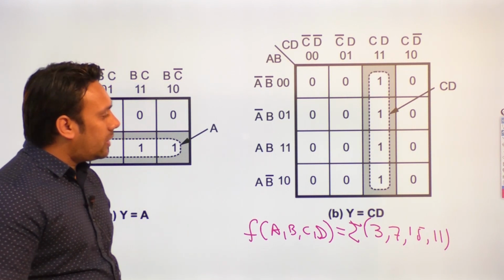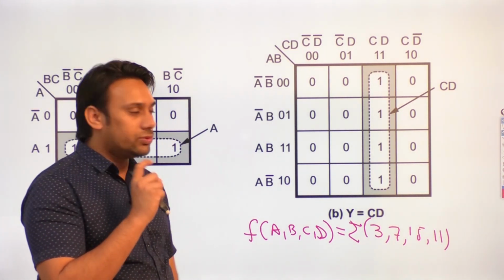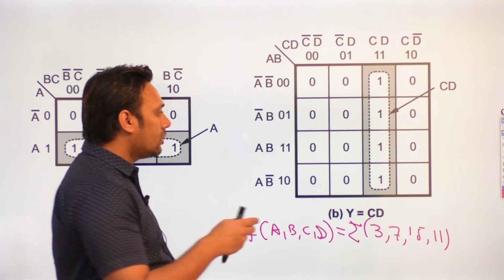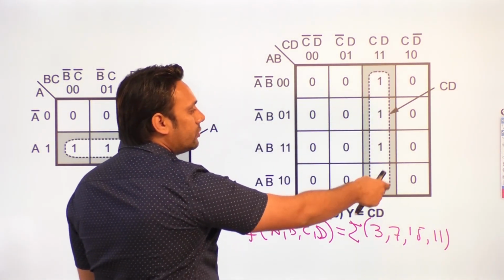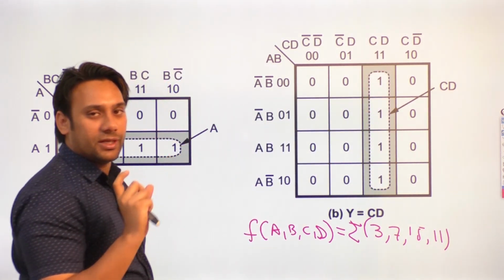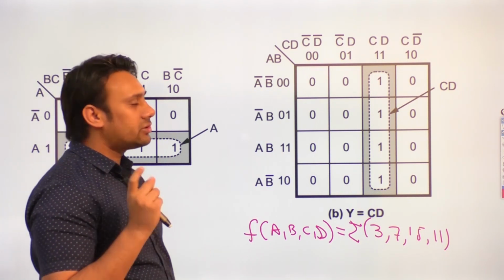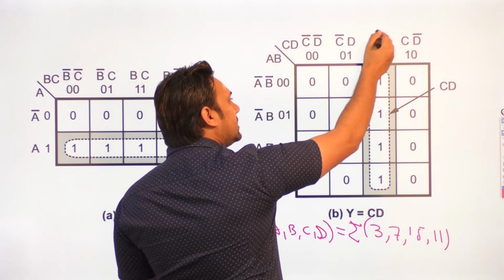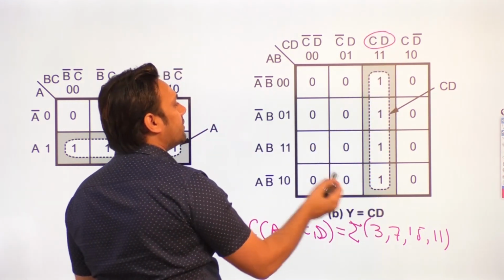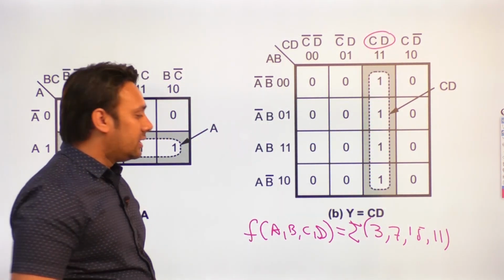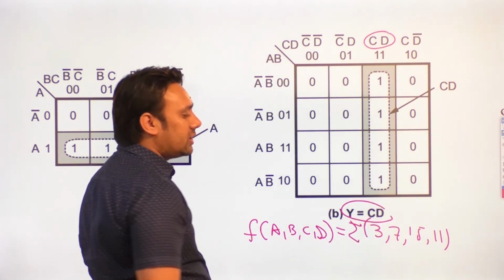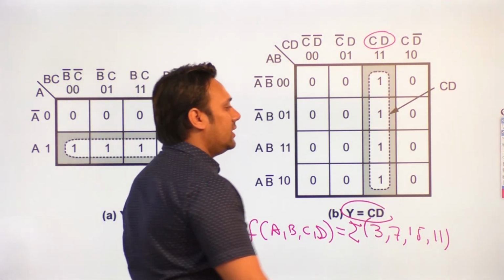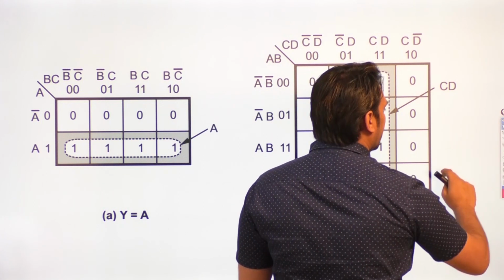Okay, now again here you can combine subcubes. This is the biggest subcube you can have, and this biggest subcube is representing your prime implicant as well as the essential prime implicant. Now in this biggest subcube only C and D are not changing, CD is remaining the same, A and B both are changing their values. Therefore the solution is CD, right? The solution here will be CD. Okay,